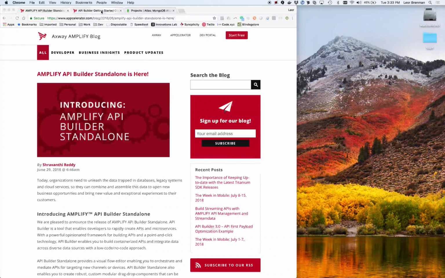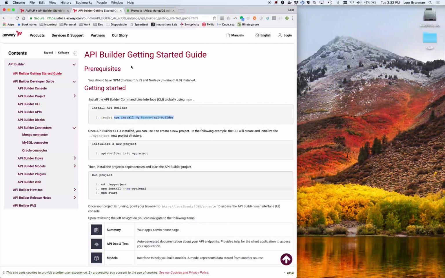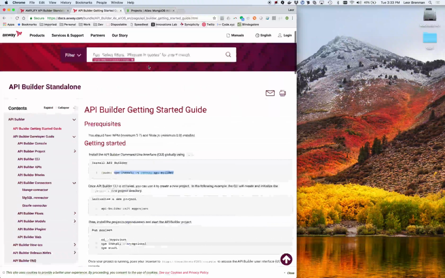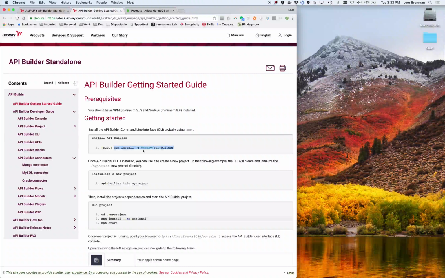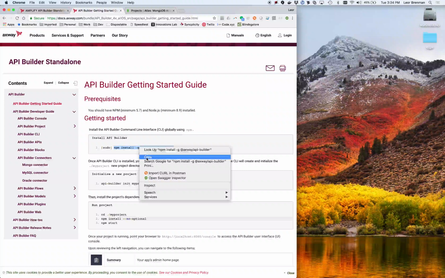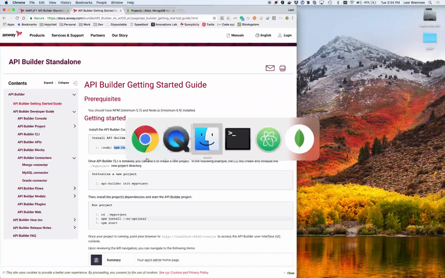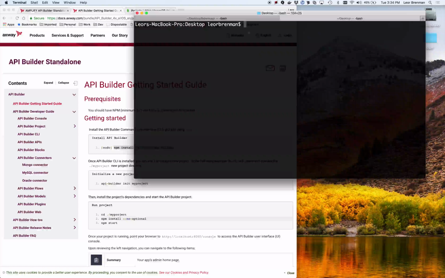So let's jump over to the API Builder Standalone Getting Started Guide, again available at axway.com or docs.axway.com. And you can see the first thing is installing API Builder Standalone. So let me copy that. Let me bring up a terminal. Let me make sure I'm on my desktop. That's where I want to be